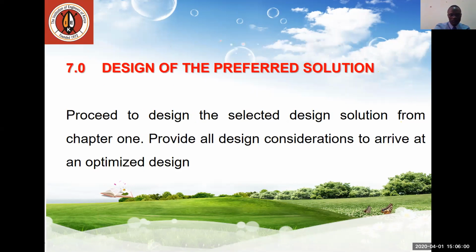Then you move to 7.0. Now this is where the engineering aspects are being captured, because now here you are doing the design of the preferred solution. You do all the consideration in the design that you have. If you're an electrical engineer, you're doing a design for supply of power or supply of a building, then you should actually be able to state the considerations that you do in conductor selections, in cable selections, even in poles, and even in the designs of switch gears. You should be able to capture them under 7.0 in the design of the preferred solution.